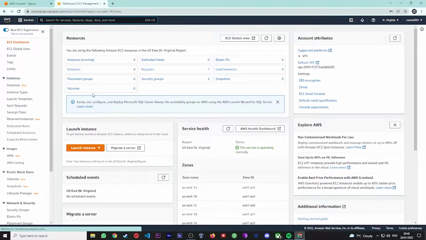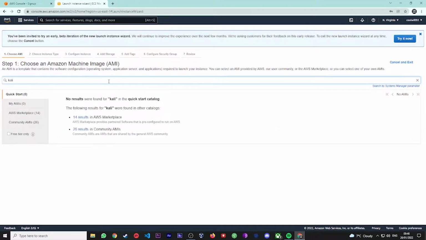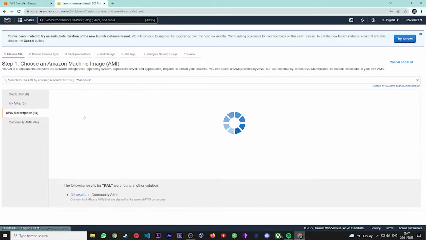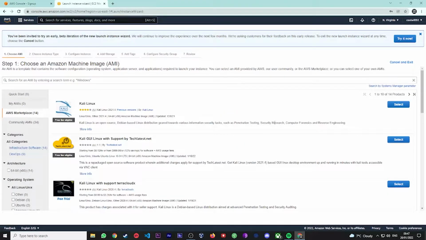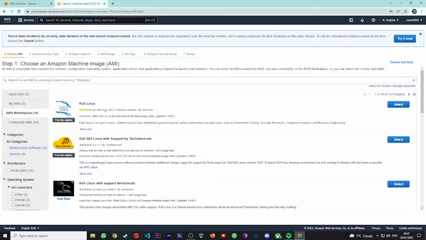Now, EC2 is basically where our Linux boxes are. So we click Launch Instance, and then we search for Kali. And I didn't realize that 14 results came up. So I started searching Cal, and then I realized that 14 results came up. So you click on that, and we can see free tier available for the top one there, Kali Linux. So if we go ahead and select that,